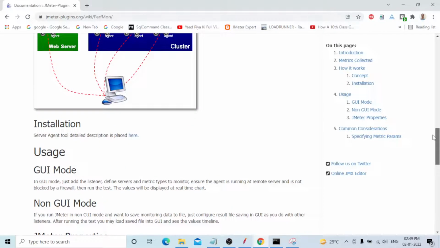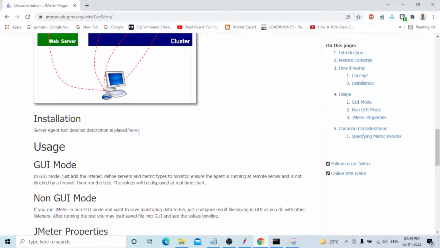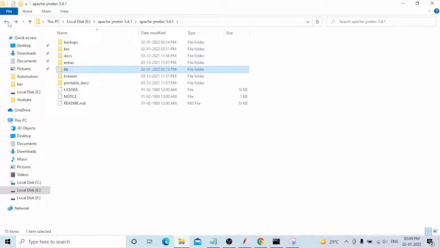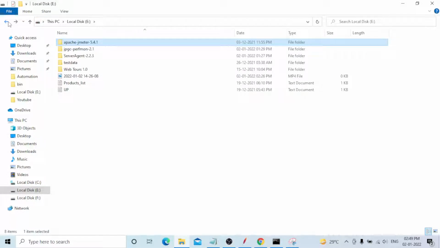This is the agent, guys, you need to download this one. You can click on it and it downloads automatically. I will show you that one. You can see this is the server agent, the PerfMon server agent 2.2.3.